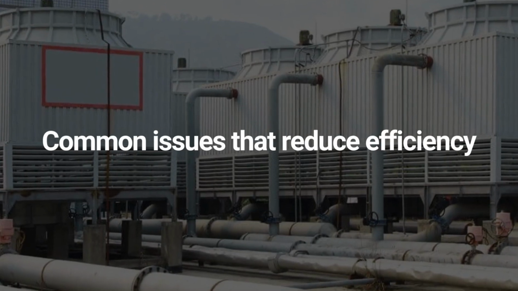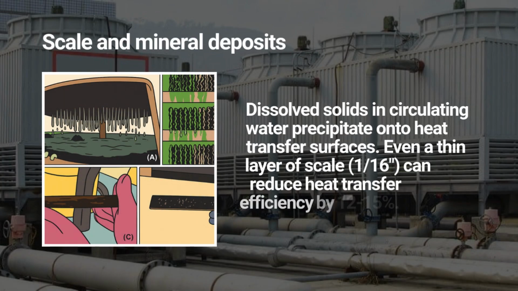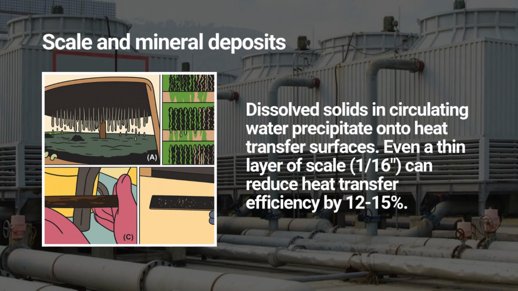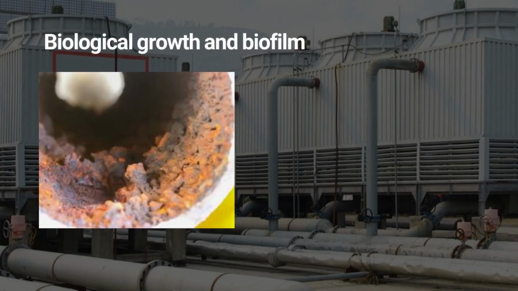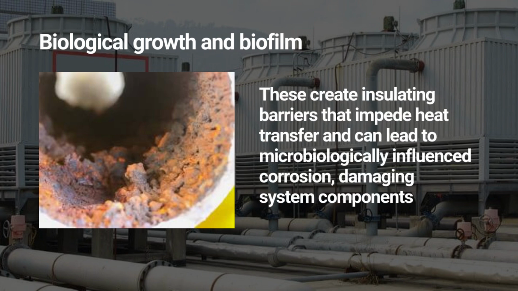Common issues that reduce efficiency. Scale and mineral deposits. Dissolved solids form scale on heat transfer surfaces. Even 1/16th scale reduces efficiency by 12 to 15%. Biological growth and biofilm. These create insulating barriers that impede heat transfer and can lead to microbiologically influenced corrosion, damaging